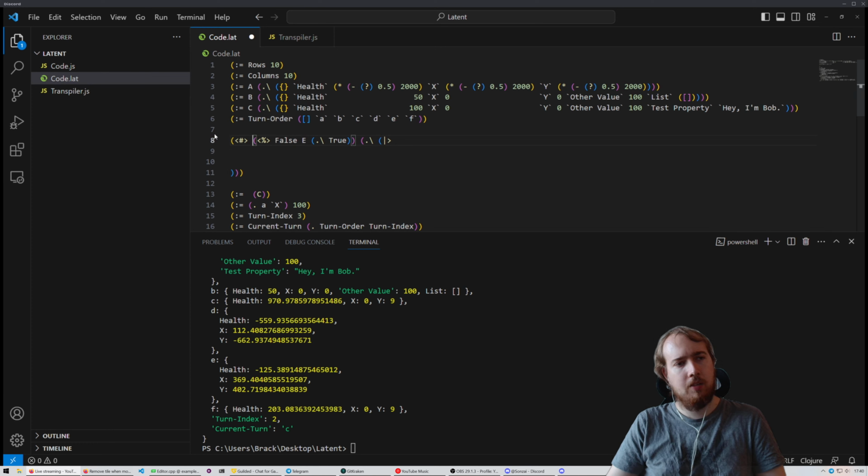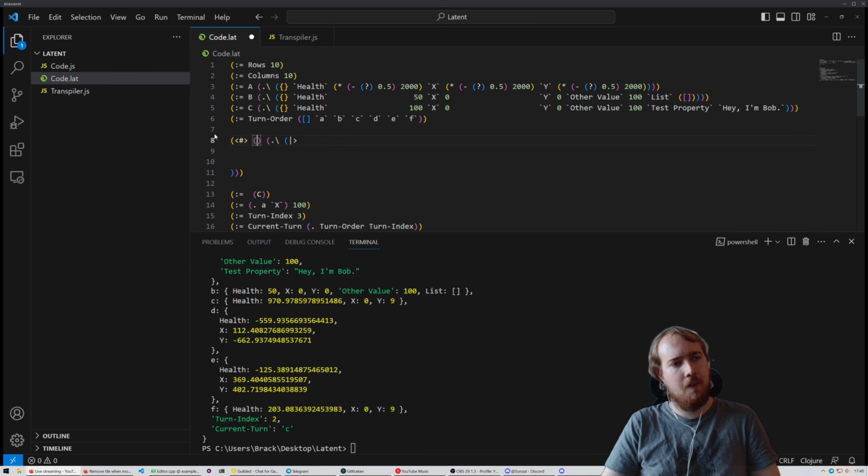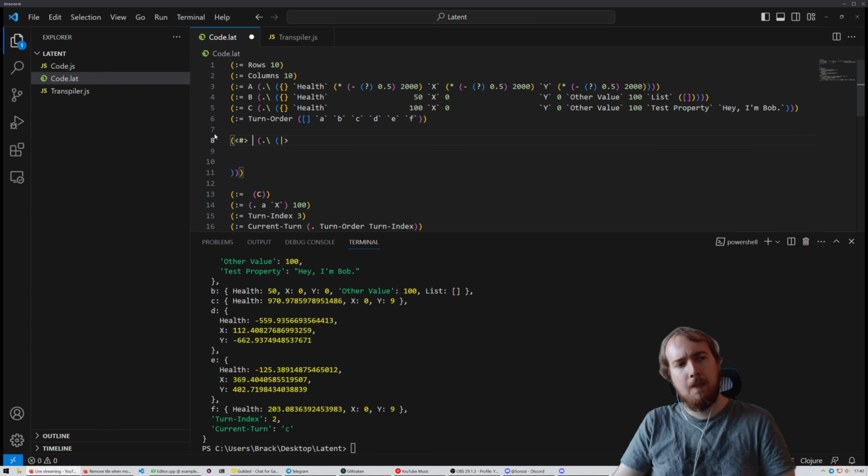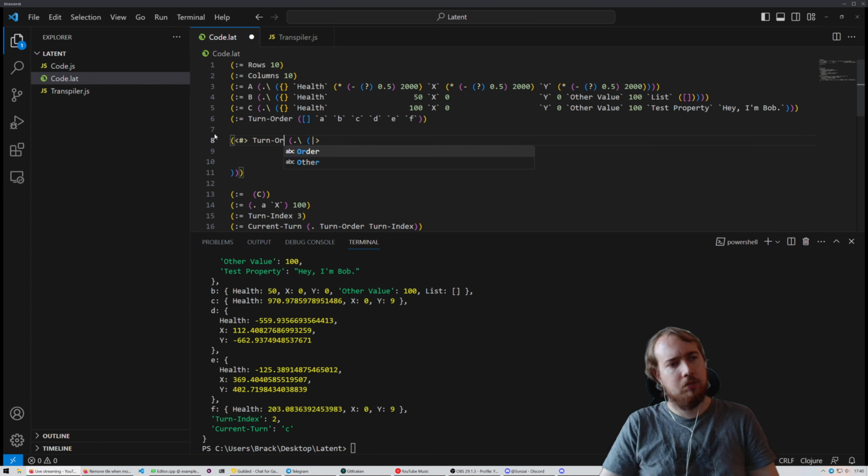Actually, I probably want to iterate over turn order first, and then iterate over this for each one in the turn order. Okay, so just iterate over turn order, and for each one in here, we're going to generate